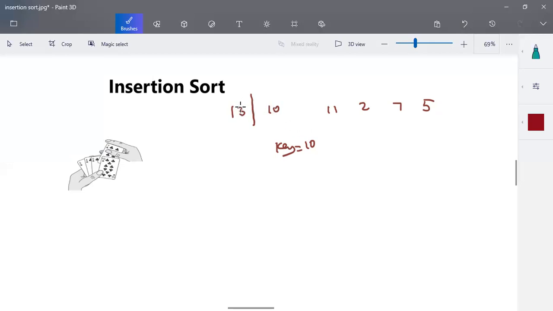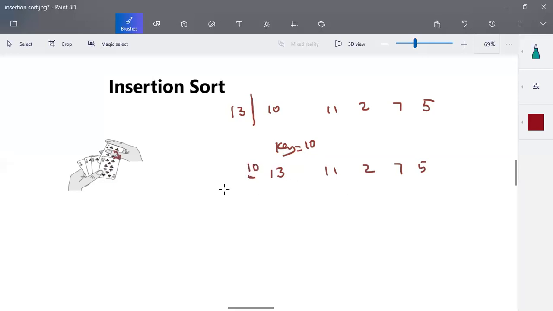So compare 10 with 13, and what happened? 13 is greater. That means we are going to move this 13 ahead, the way we moved 10 ahead earlier. One space is created for it. Similarly, here also 13 will be moved to this place. 11, 2, 7 remain as they are. We'll make an empty space for the first position. Now we have to compare 10 with the previous element, but there is no previous element over here. So in this place, we'll insert 10.